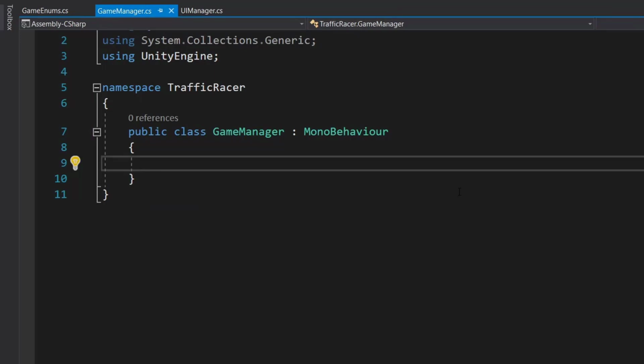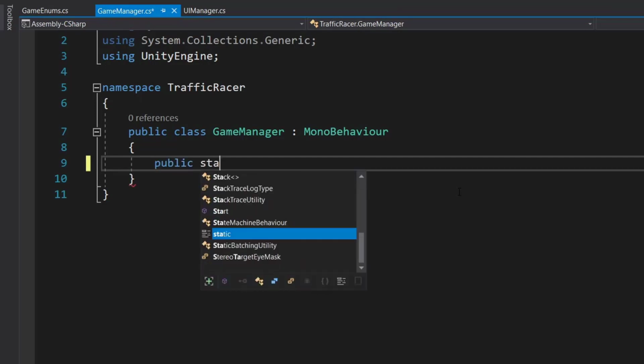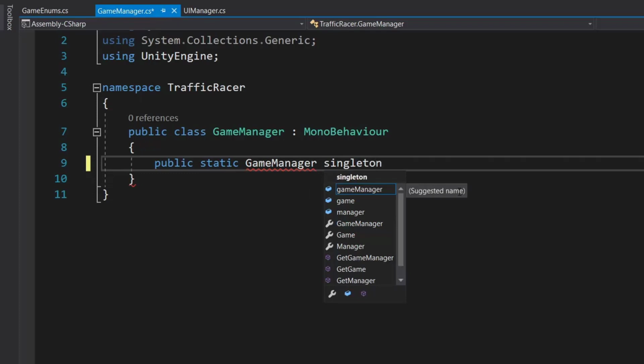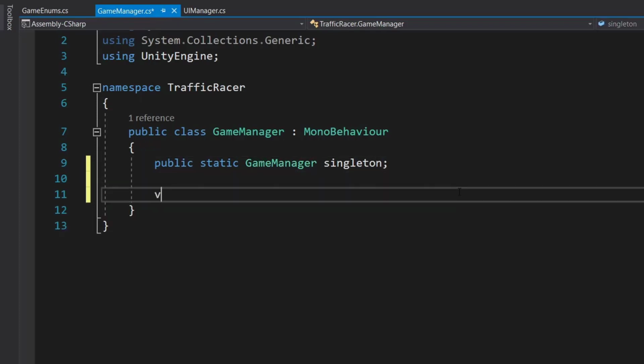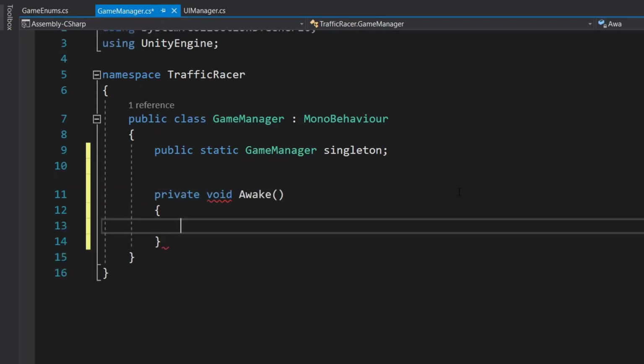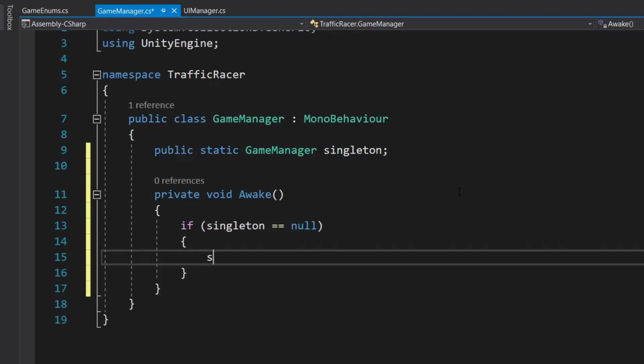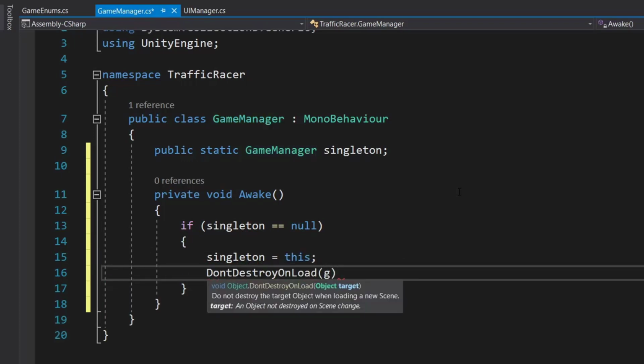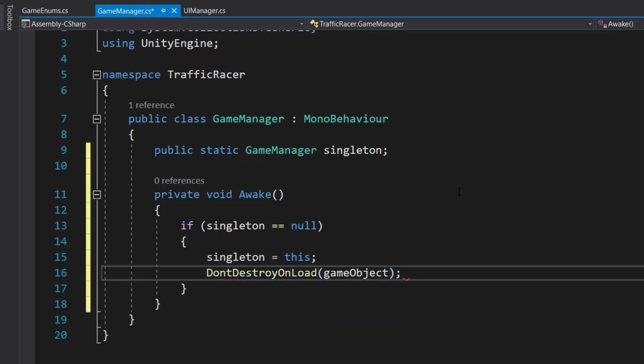So as we know, we want to make our game manager a singleton. We will create a public static game manager singleton variable. Then in awake we will type if singleton is equal to null, singleton is equal to this, and we will call the don't destroy on load method, and we will pass a game object to it.